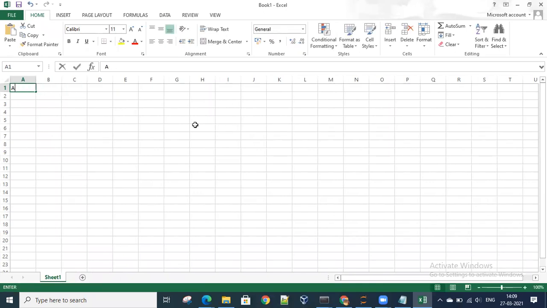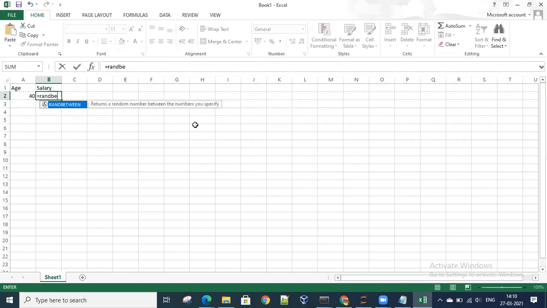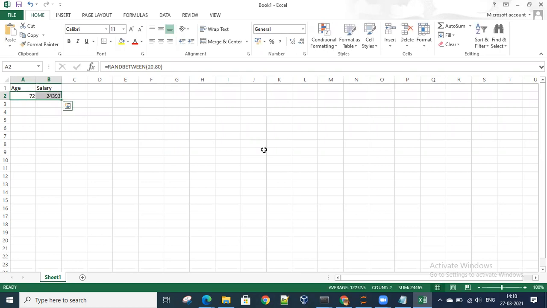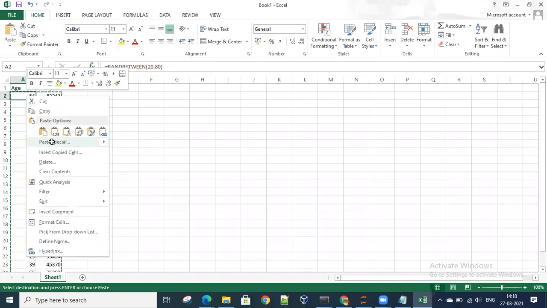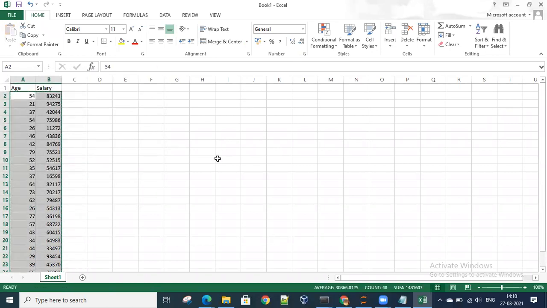Also age is equal to... So I've taken two variables. One is age and second is salary. So I'll construct a simple model.